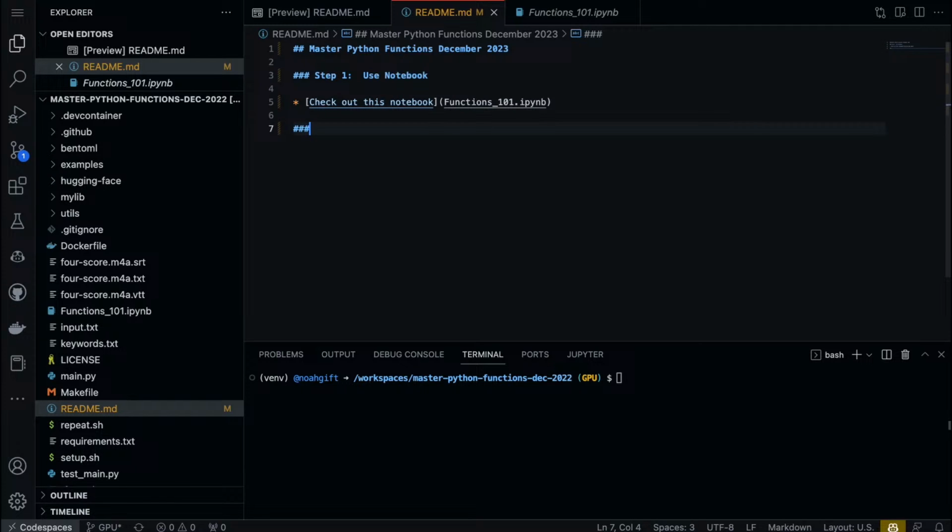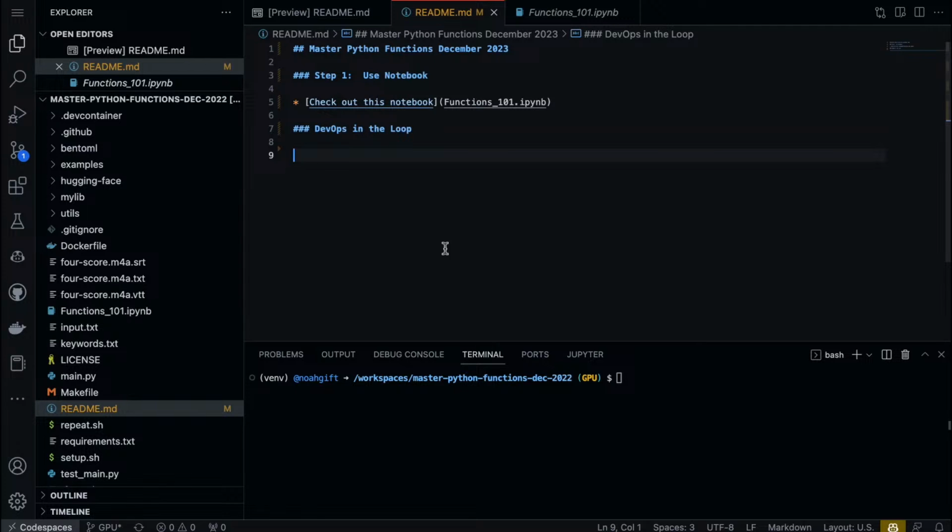So let's go ahead and talk about what DevOps in the loop really is. So DevOps in the loop is essentially the ability to use DevOps to speed up your ability to write code.